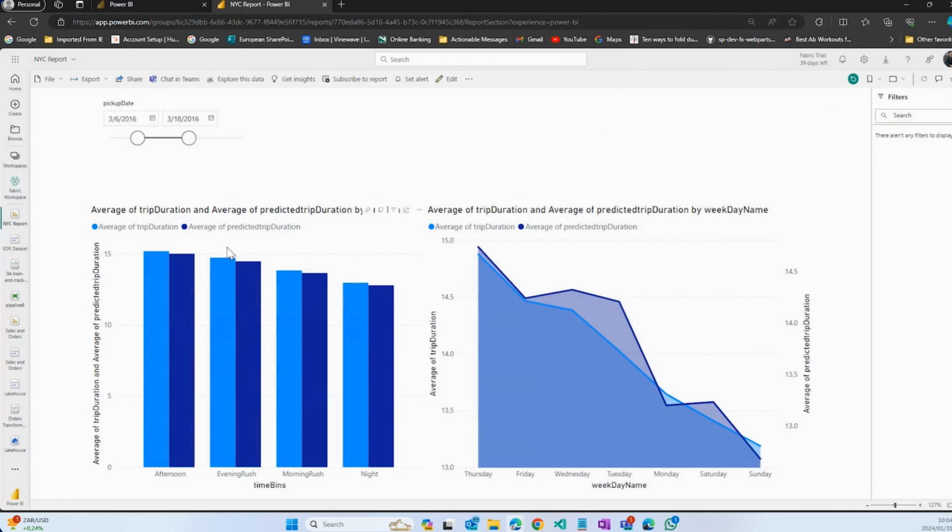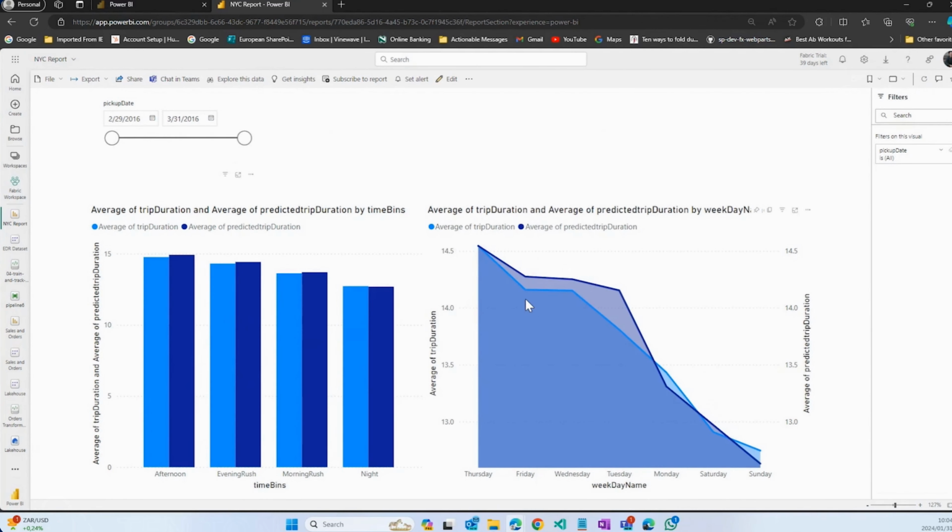So here we've built a graph. You obviously have all of the functionality around different timelines, etc., where you can look at how your predictive model is working against the actuals. So the predictive model here in dark blue versus the actuals in light blue. Very interesting. This is looking at trip durations based on where people were picked up, time of day, that type of thing.